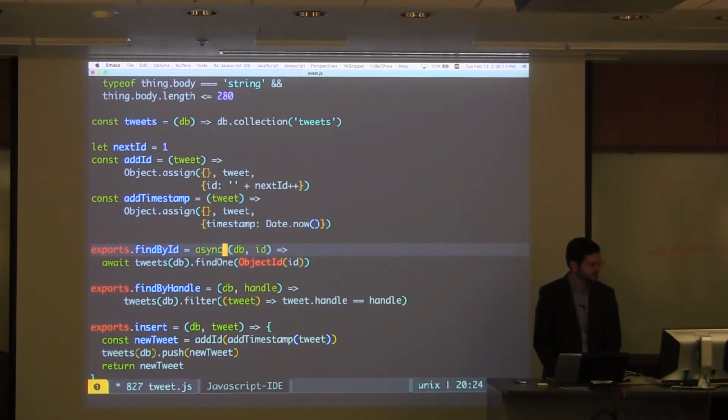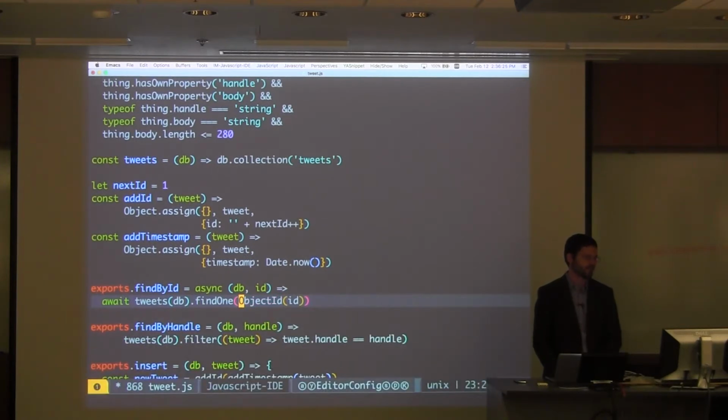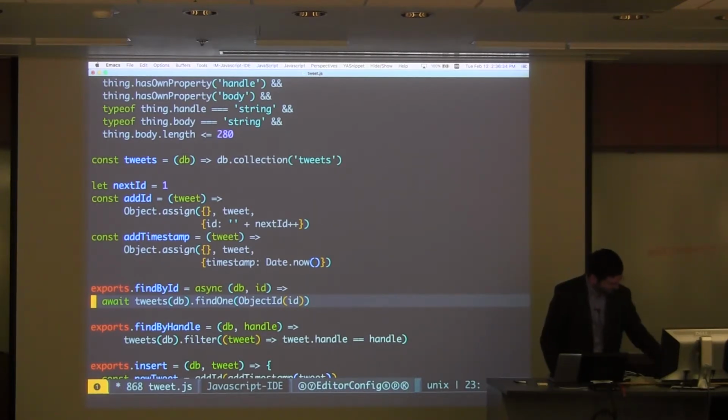Need to make that async. This is just something I had to do for MongoDB. If I wanted to find an ID, then I have to convert it into an object ID. I don't really know why, but